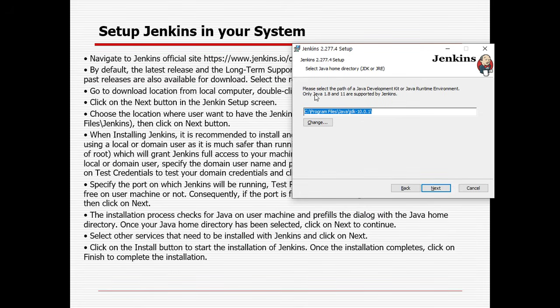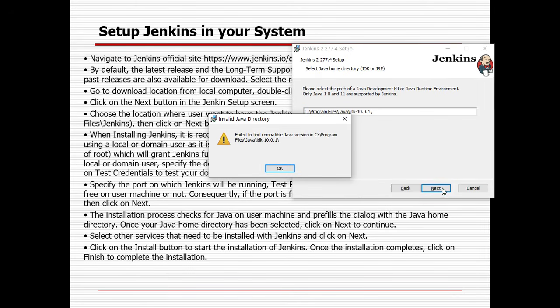But here you can see an error message in the Select Java home directory: please select the path of a Java Development Kit (JDK) or Java Runtime Environment (JRE). Only Java 1.8 or 11 are supported by Jenkins, but here by default the path is for JDK 10.